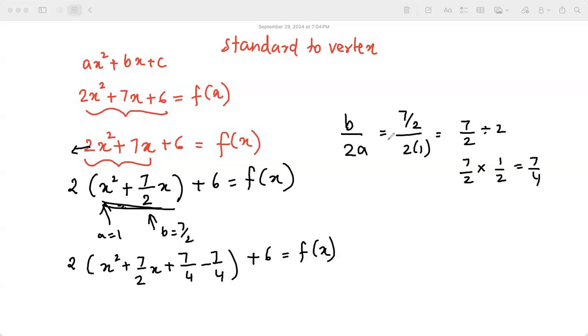Miss Priya, wouldn't minus 7 over 4 be outside of the parentheses? Ah, good question. That is a great question. I wanted to bring that up and show you something, but before that itself, you asked me. So 7 by 4, I have to add it to this term. This term is inside the parenthesis. So when I add that plus 7 by 4, I have to subtract the 7 by 4 inside the parenthesis, right? Now what happens? This can be written as a square term, I know, correct? But this has to get out of the parenthesis. You know what I'll do? I'll rewrite this as x plus